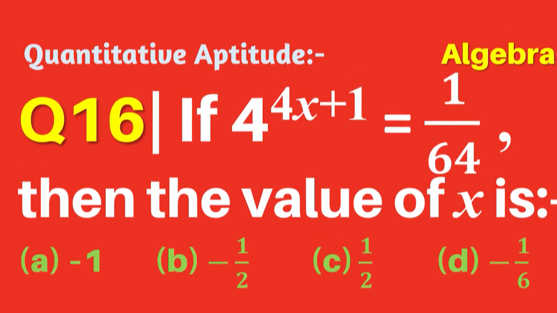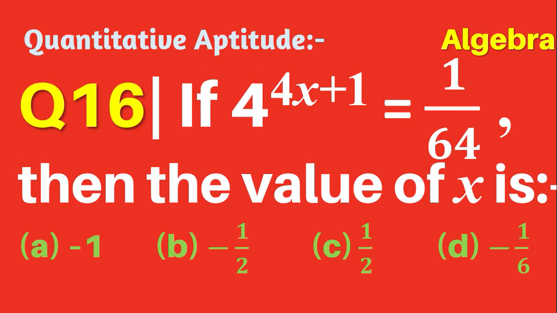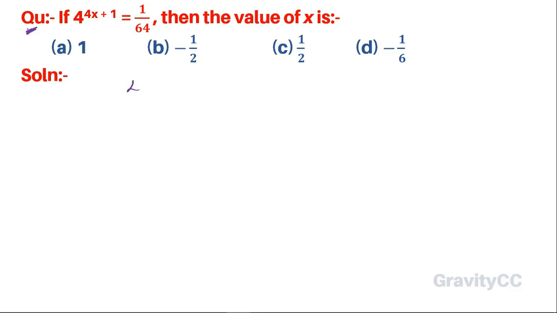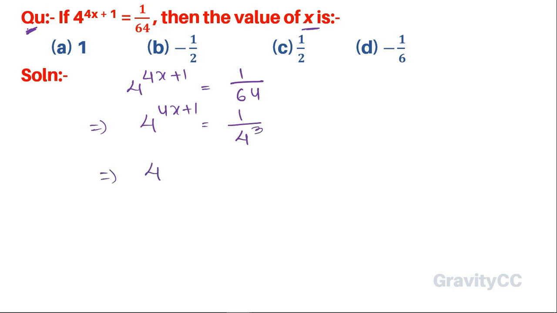If 4 to the power 4x plus 1 equal to 1 upon 64, then the value of x is. So इसमें क्या given है, 4 to the power 4x plus 1 is equal to 1 upon 64 दिया है, तो हमें x की वैल्यू फाइंड करनी है. सो 4 टू द पावर 4x प्लस 1 और 64 जो होता है 4 की पावर क्यूब. सो 4 टू द पावर 4x प्लस 1 इज इक्वल टू, ये 4 टू द पावर क्या होगा -3, सिंस